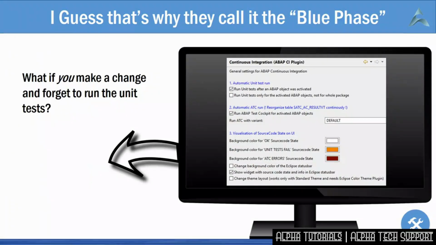That batch job with the automated email will hopefully stop your colleagues making changes and forgetting to run unit tests. But what if you make a change and forget to run the unit tests? Easily done. Now, you should run the tests after every single change. After all, it only takes seconds, just like a syntax check in SE80. This is called shifting testing left, or instant feedback. You cannot get more left in the development cycle than after every single code change.